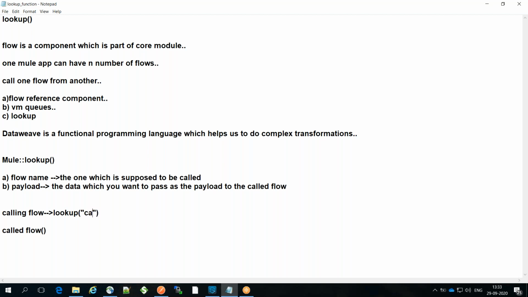So in this case, let's say the name of the flow is called-flow. The first parameter would be called-flow, and the second parameter can be anything, but whatever you pass will act as a payload for the called flow. So let's say I pass here "hi", right? And then this "hi" will go as a payload to the called flow,